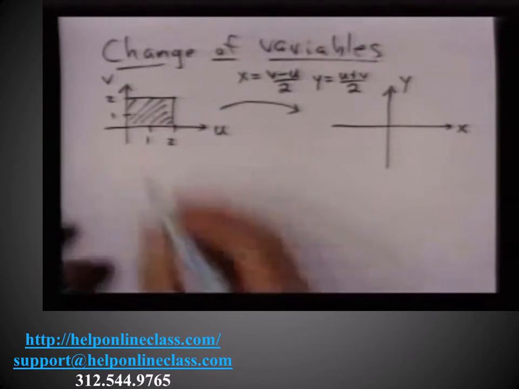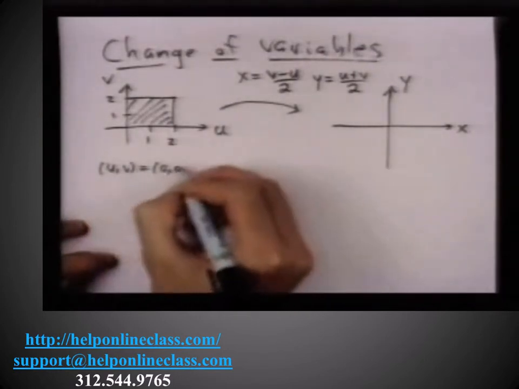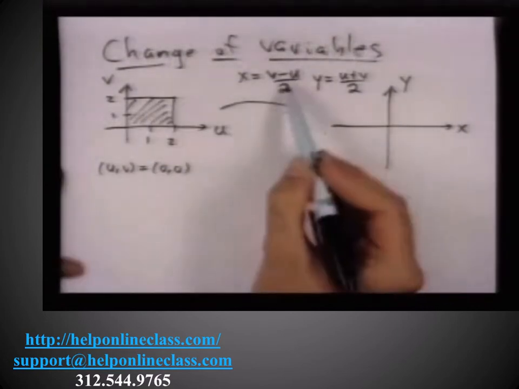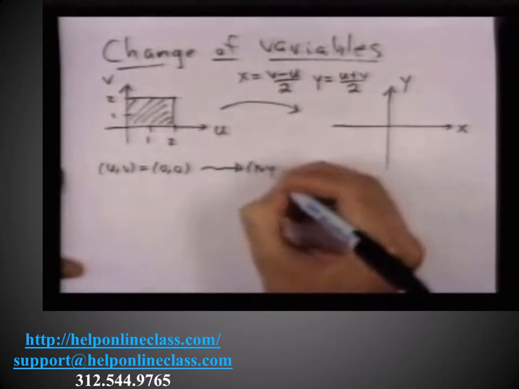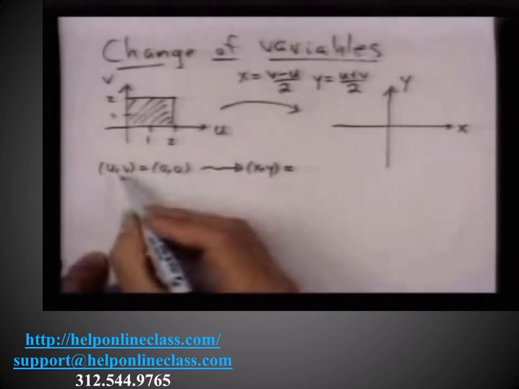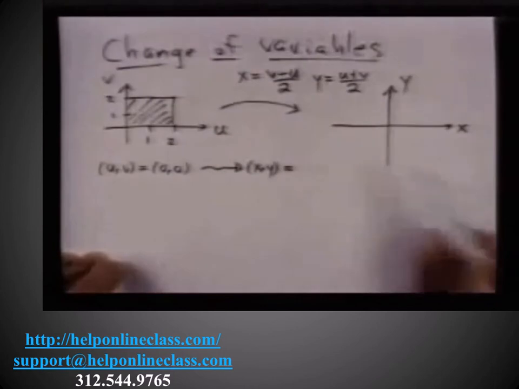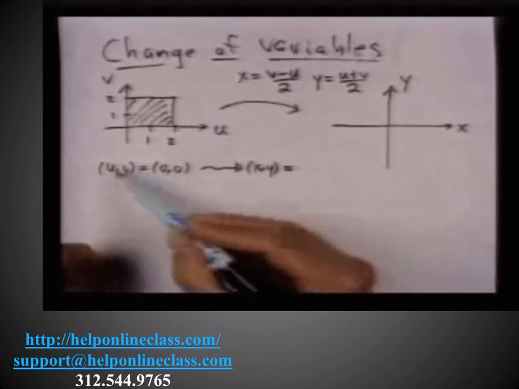So, for example, if I start at the uv point 0, 0, and I plug that in here, what you should think of is that I'm turning the point 0, 0 into some other xy, some other point in the xy plane, which, if u and v are both